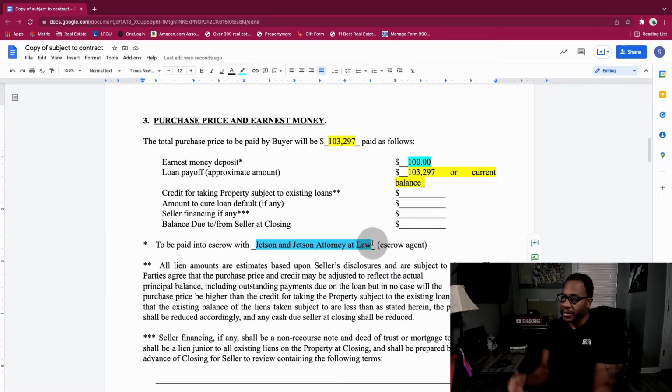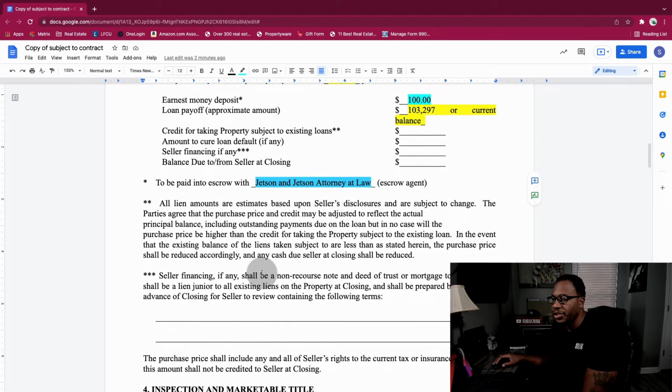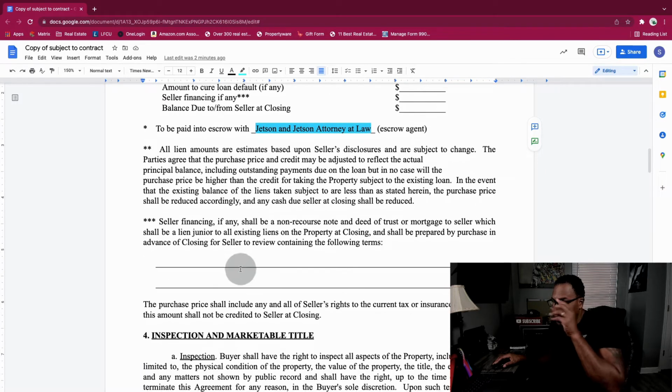that you're going to use, whether it's a title company or an attorney. You're going to put that there. All right. And there's just information about the lien estimates and how they're subject to change. It's about seller financing. Again, I didn't have any of that stuff, so we're going to skip down a little